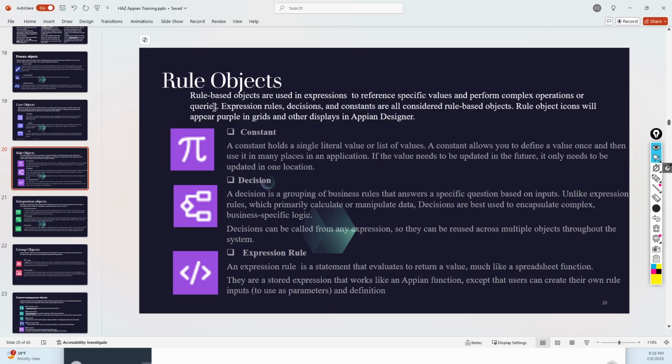All right, so rule objects. We're going to discuss more about this one for only about 40 minutes. I will give you some highlights, but we can continue on this. So rule objects is mainly